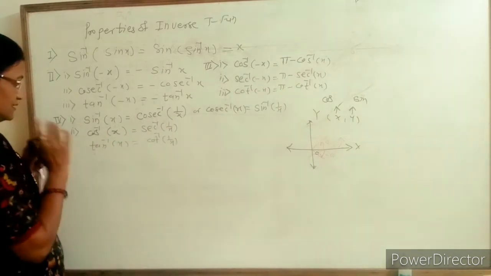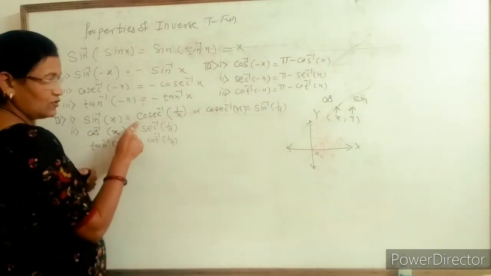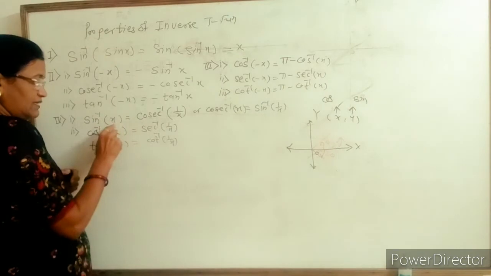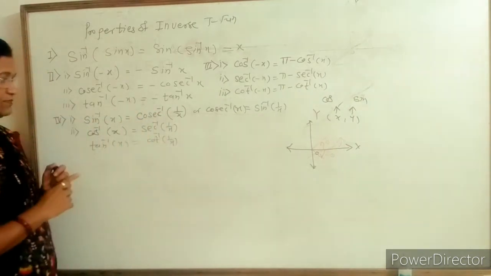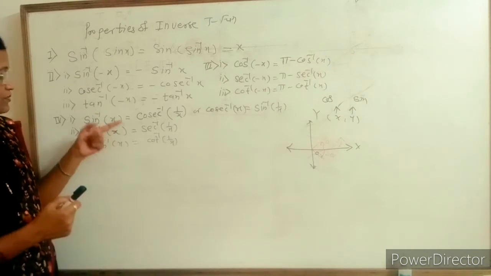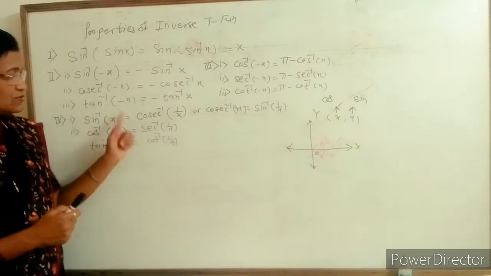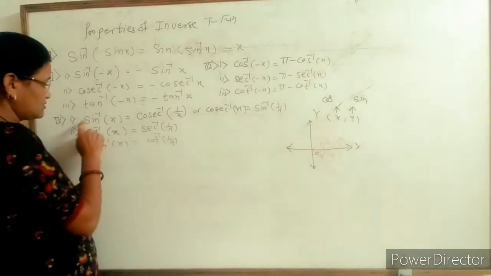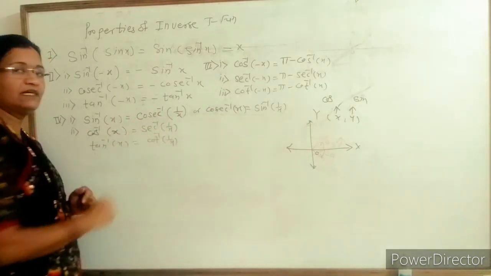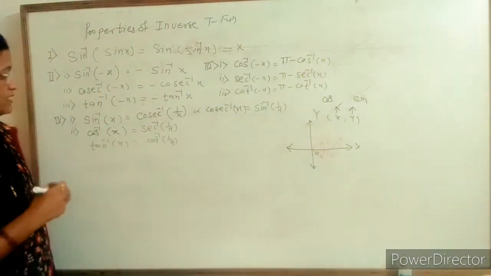You can take a simple concept here: this is the inverse function of sine, this is the inverse function of cosec. That remains the same, but we take the reciprocal of the numbers. It means the inverse function of number x is nothing but the inverse of the inverse, a double inverse, so both are equal to each other. So the inverse of sine is cosec inverse, and here the number is again inverted. By using this property we solve many examples.